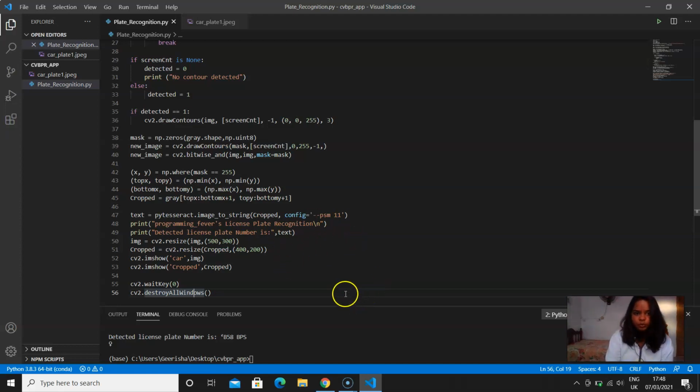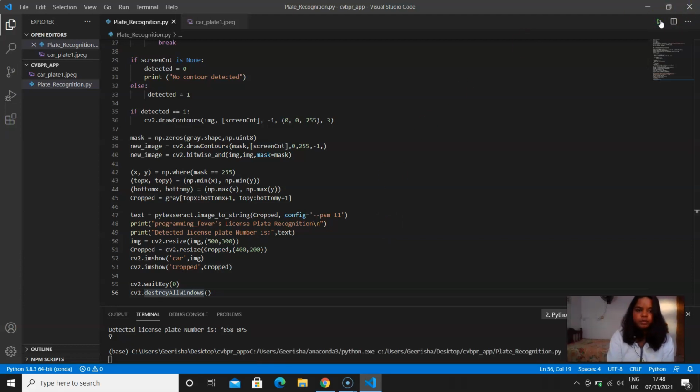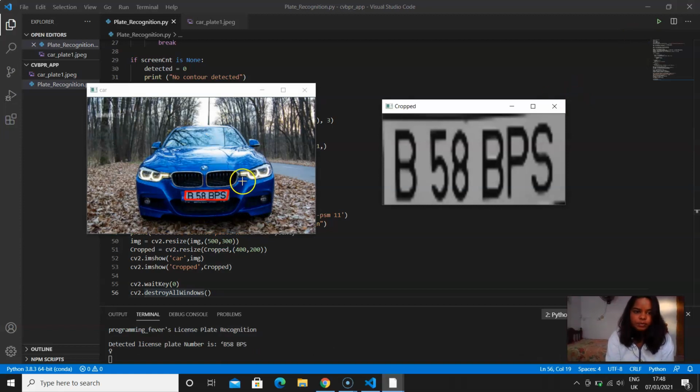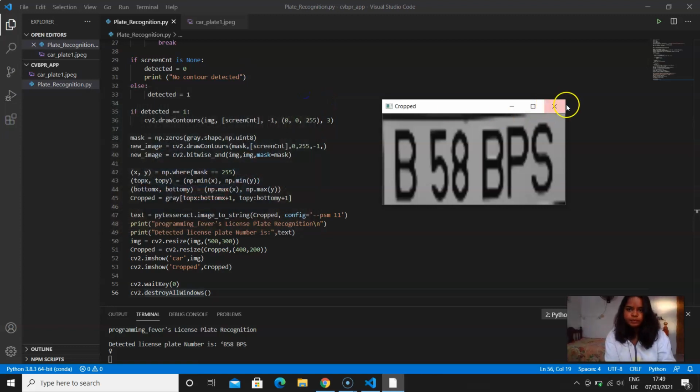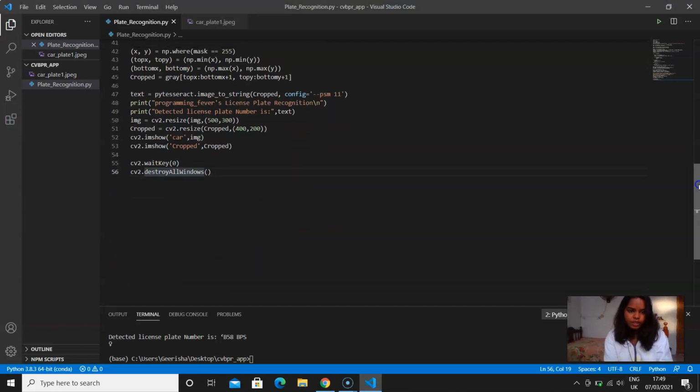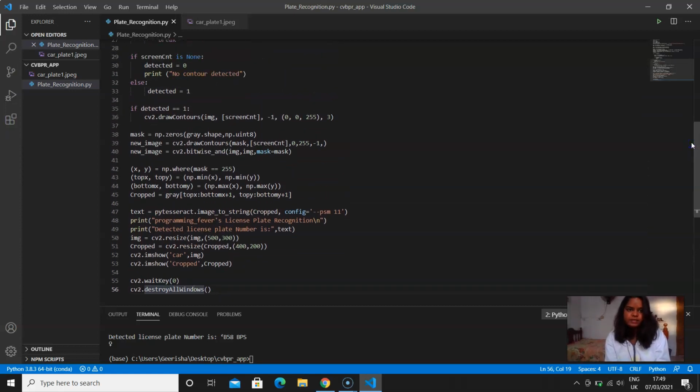Once we get the new image, that is the cropped image, we will output it. This is when we apply find contours in OpenCV, and this is the cropped image. Then we will use character recognition to read the cropped image, to get the final output as the number. That is how we get the license plate from